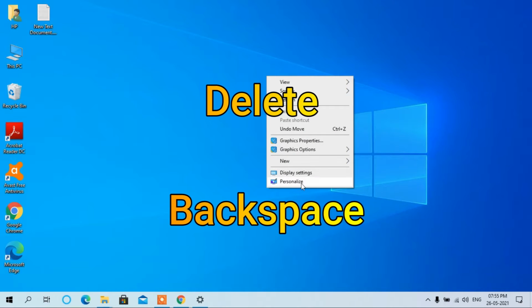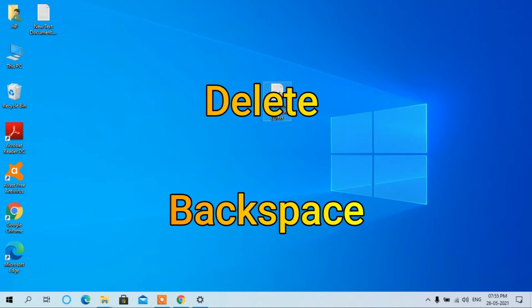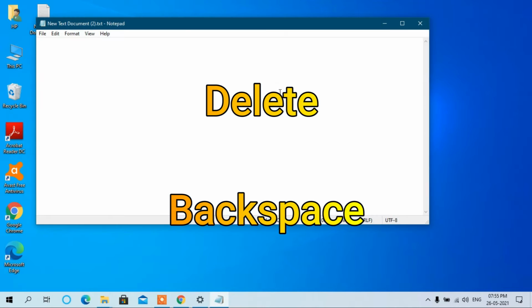the Del and Backspace. Backspace and Del are two different things. Backspace is used for deleting characters backward. For example, I will use Backspace.